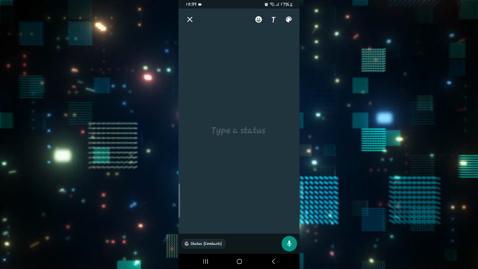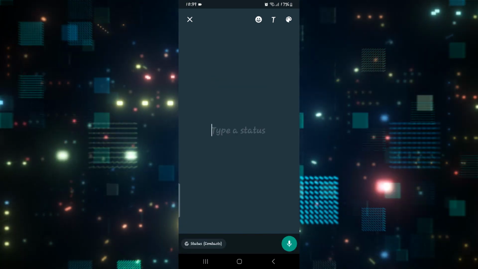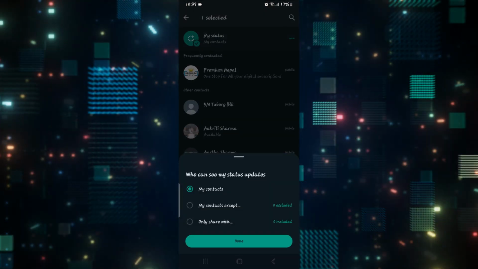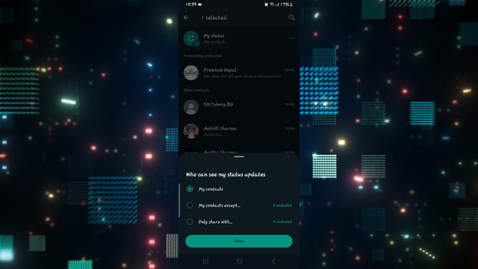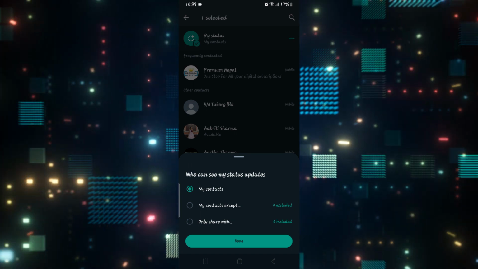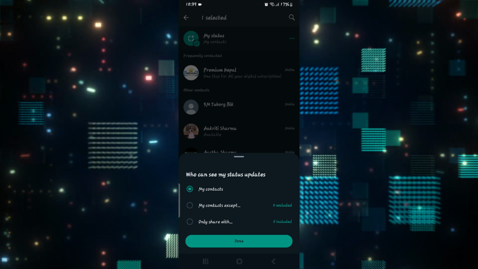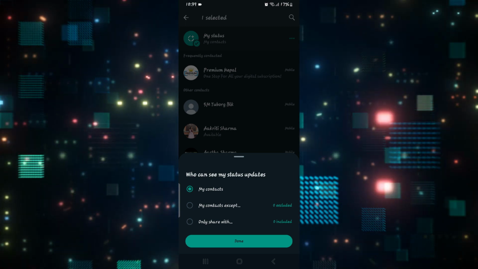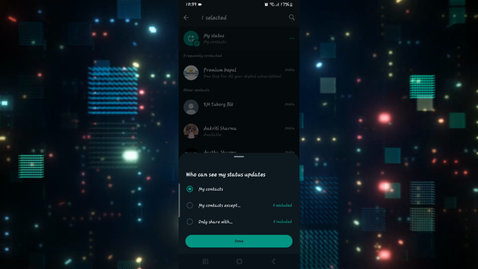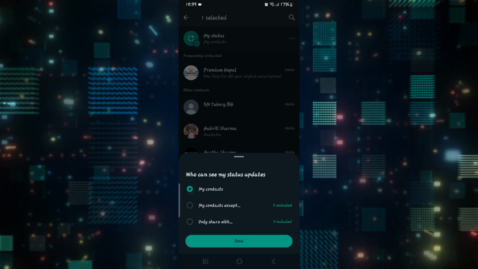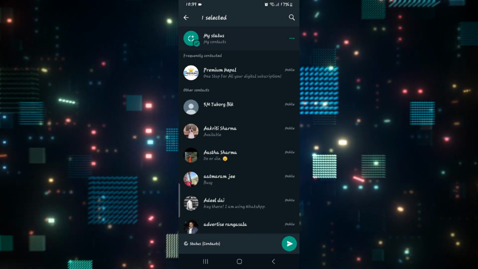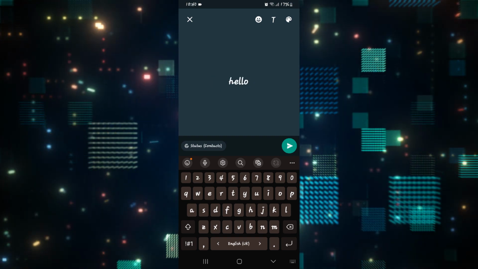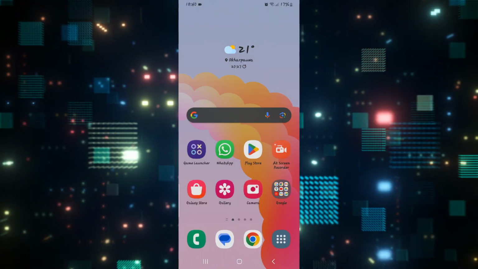Now before you make your status public, you will find the visibility option at the bottom left corner. Just go ahead and tap on it, and now you can select who can see your status updates. This is selected to My Contacts by default. But in case you have the third option selected, then your status might not be visible to everyone. So make sure that the first option is selected and then tap on the Done button. You can then type your status and then tap on the Send button, and now your status will be visible